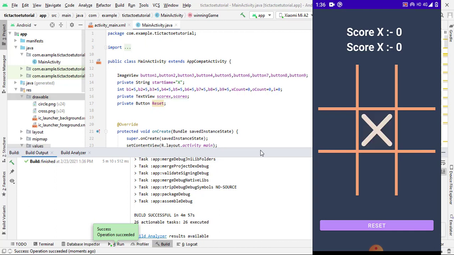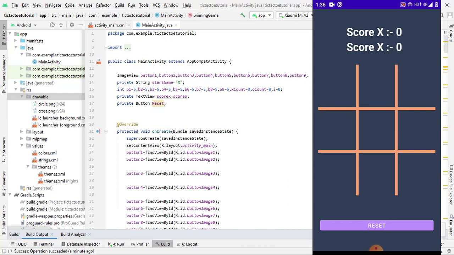Now if I click on anywhere on other button, let us suppose if I click on the first button, then here you can see now O appear here. So if I click on again here X, you can see it X appear here. If I click here, then O appear here. So I will try to explain one more time how this code is going to work.